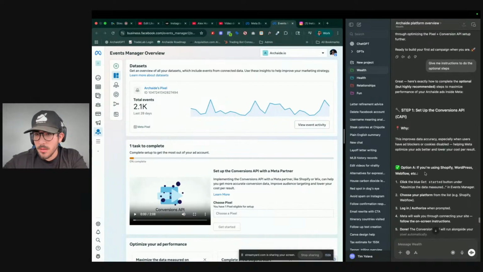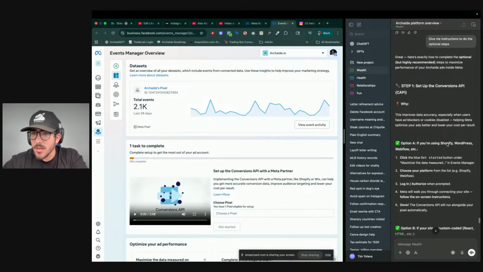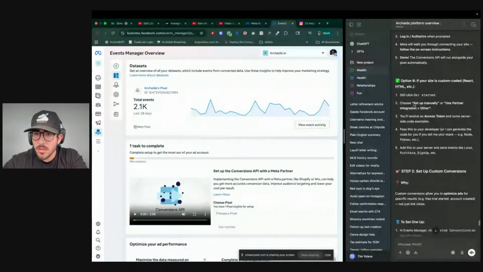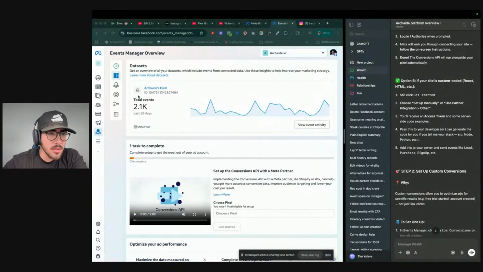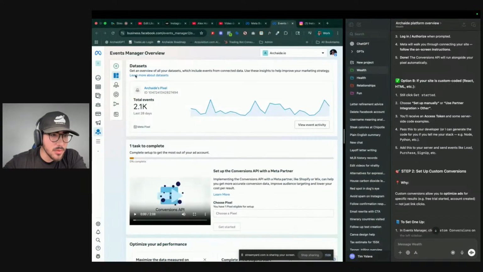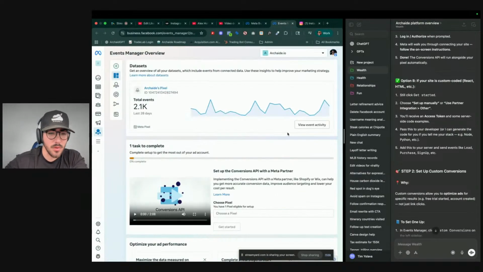So set up conversion API. This improves data accuracy, especially when users have ad blockers or cookies disabled. No, we want to go here. So get started. Where are we seeing get started at? And so something that I like to do, which you will see, connect data, data sets, custom conversions, integrations. So I'm not seeing where it says get started, right? So what I'd like to do